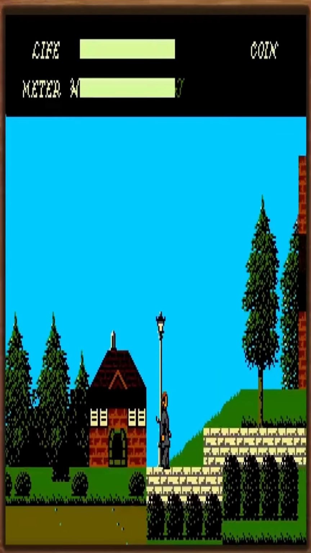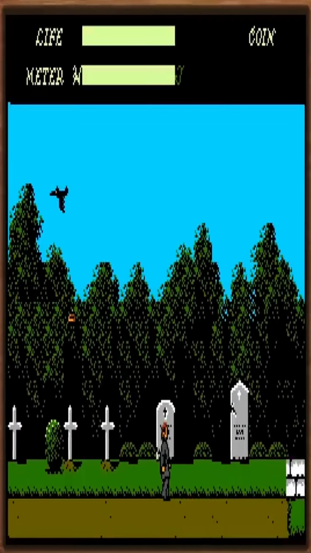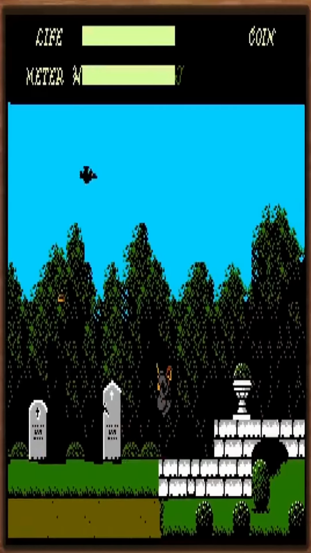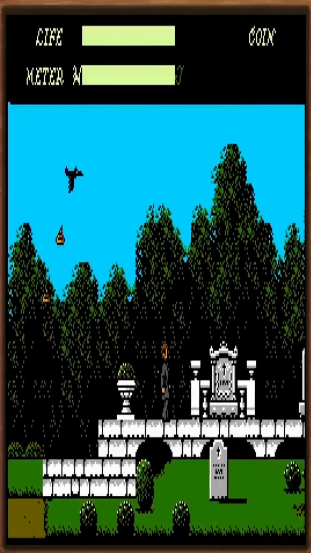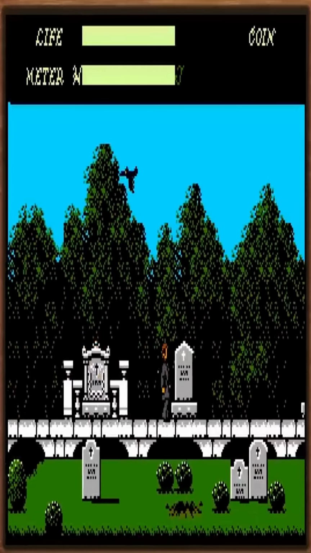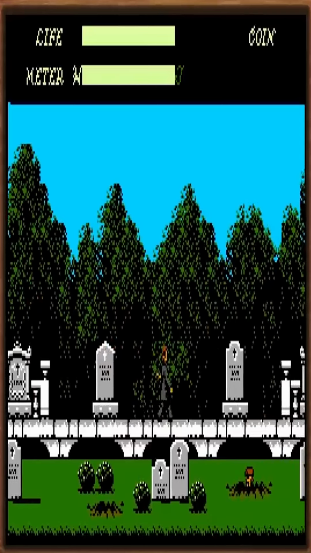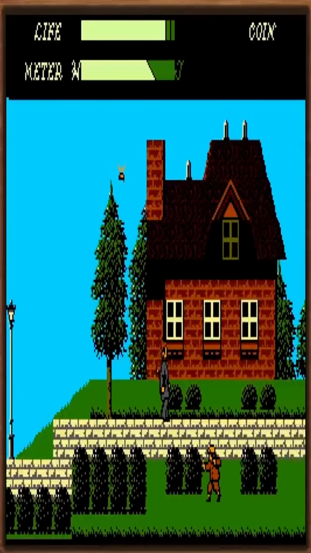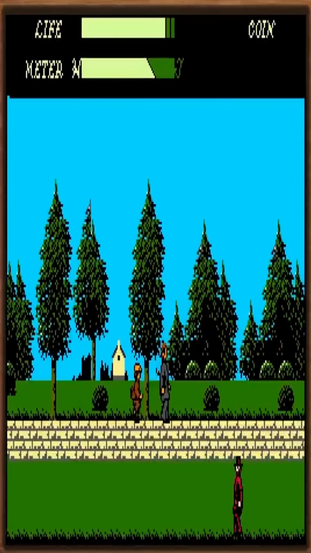Players were expected to alternate between the personas of Dr. Jekyll and Mr. Hyde, but the transition between these characters was erratic and poorly explained. This led to a disjointed gameplay experience that left many players frustrated and perplexed. The unclear objectives and random enemy behavior only added to the confusion, making it difficult for players to progress or understand the game's narrative. As a result, many felt that the game was misleading in its promises and ultimately unplayable.